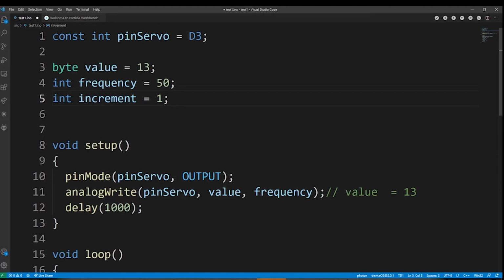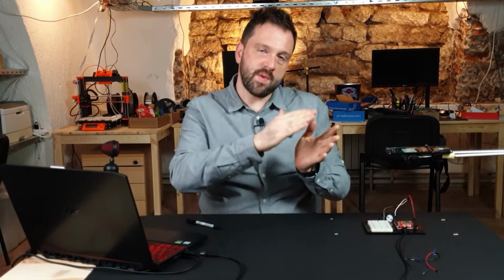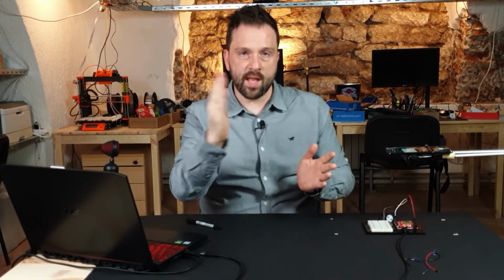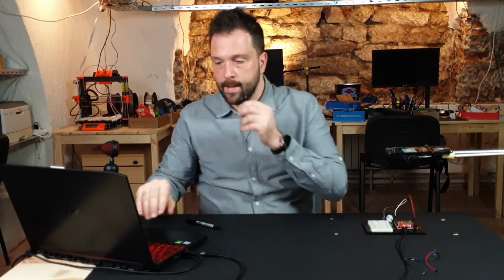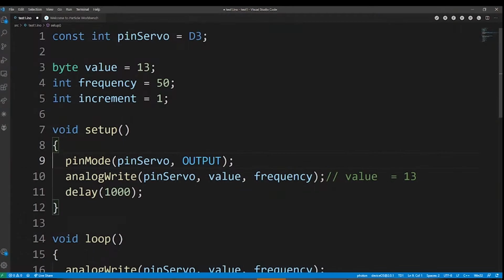So this is increment. What I'm trying to do, I'm going to sweep from right to left and go back and do the motion of sweeping. And that's why I have this increment, which is, you will see in the code, a neat way to change the direction of increasing values. So increment is 1. And in the setup, I have a pin mode. Of course, the servo is output. And here I'm writing initially in the setup, I'm writing a value to the servo, to the PWM,